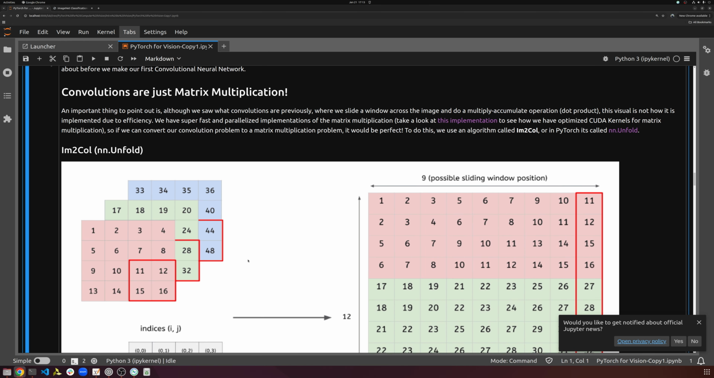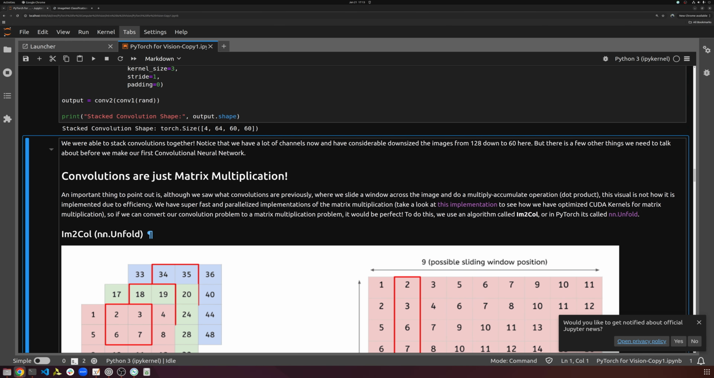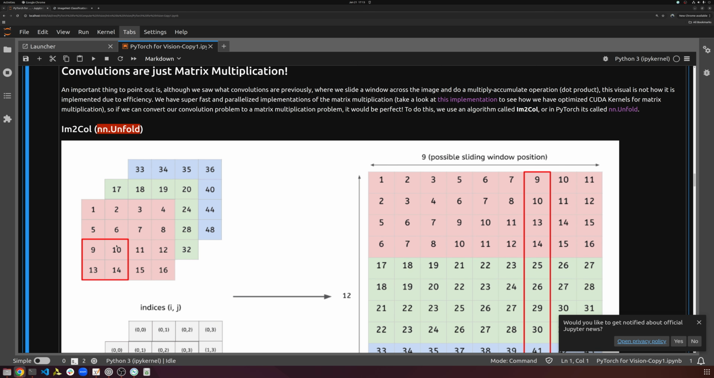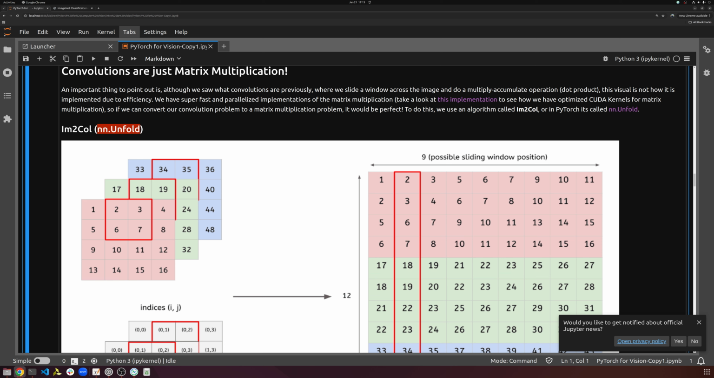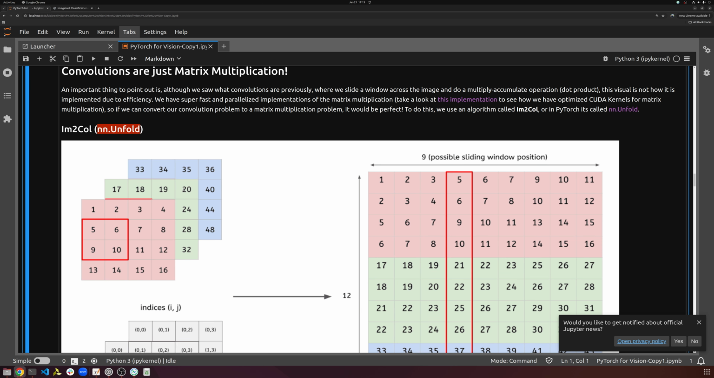But what I want to talk about is the im2col algorithm, or nn.Unfold is how PyTorch calls it. So convolutions, as we saw here, this operation you're seeing here, as we're sliding the filter across the image, and so on and so forth. This seems like a slightly expensive operation, right? There's some for loops involved and that sort of stuff. And